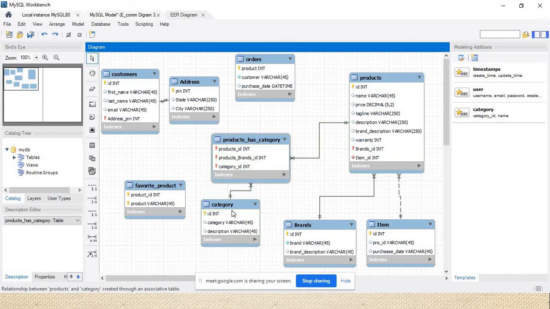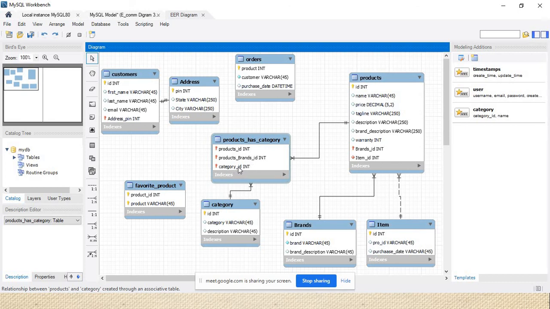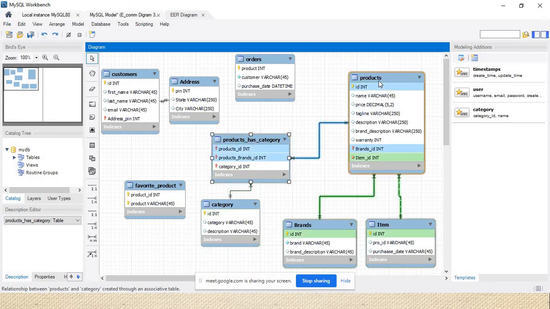An additional attribute is being created because there is no relation between the category and product over here. So see, we have a composite key: product ID is there, product brand is there, category ID is there. When we create the relationship, this table is automatically created.